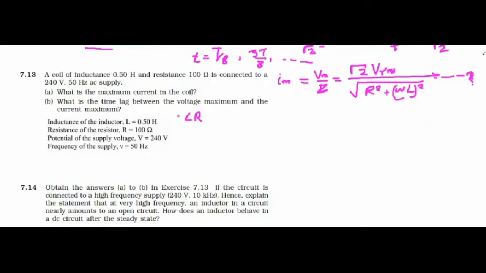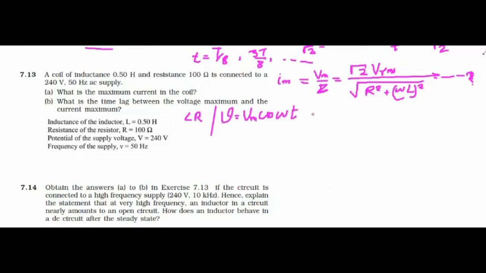Then the second part: carefully you have to see what is the time lag between voltage maximum and current maximum. You know there is a phase difference, tan phi is equal to omega L by R. That much phase difference is there between current and voltage, and you are asked to calculate the time lag between the peak value of current and the peak value of voltage. So here we can take V is equal to Vm cos omega